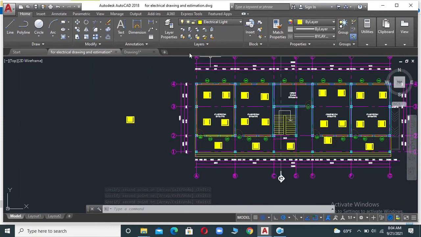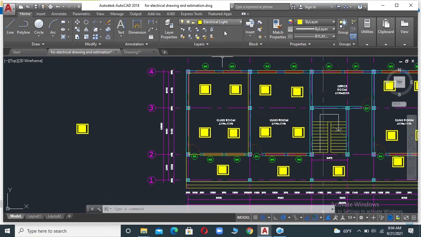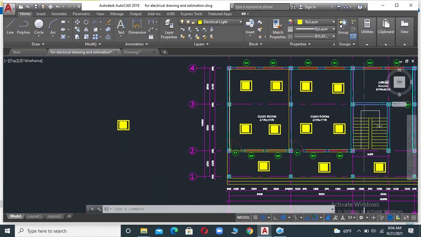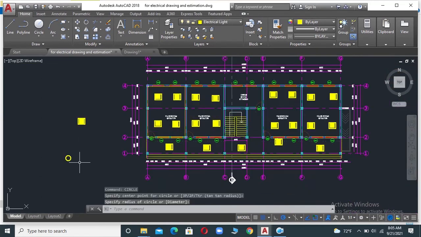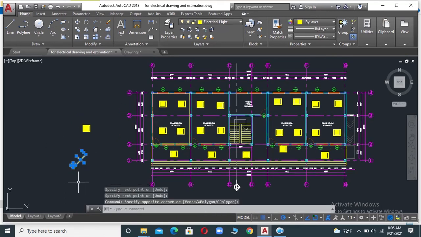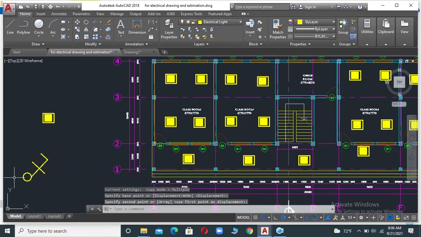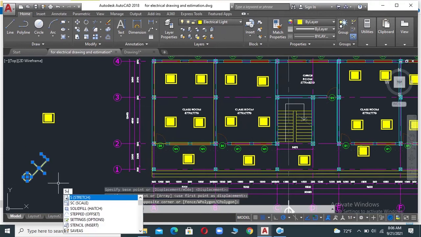Okay, so here which layer are we still working on? Electrical light. Now even we can place the switch over here. Okay, so for that let's make a switch also, a one-way switch, in the light layer. Otherwise you can make another layer for switches also, but here we are going to create the switch in this light layer. Now let's copy it and place it in. So it is too big, I think. Let's make it half. Scale.